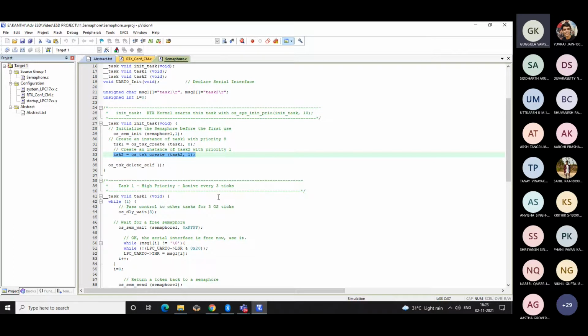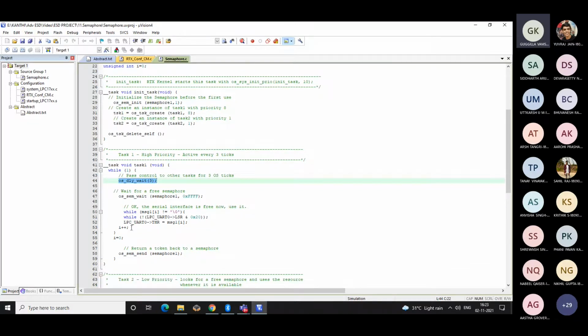There should be some way through which the task needs to be switched. So we've used some forcible switching, like using a delay function, and in this task 1, we are sending the message which is task 1.